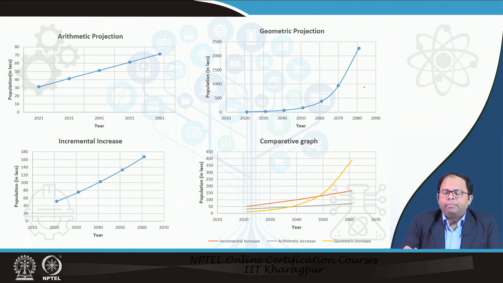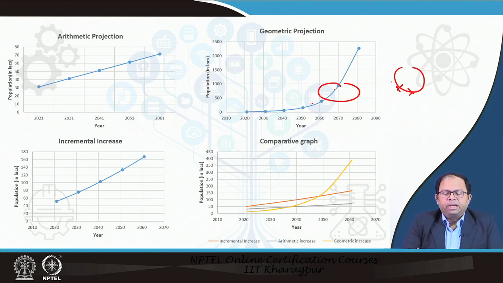This could be applied in cases when there is transformation in society, like a lot of industrialization happening, so there is a lot of change, and suddenly the population starts growing. So here geometric projection may be useful,